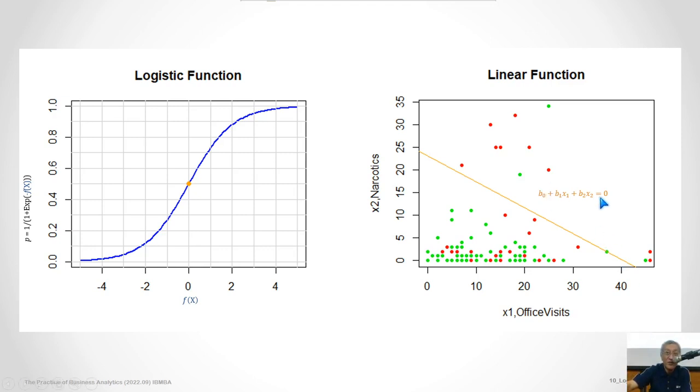Finding this coefficient is like drawing a line on the space of the predicting variable, right? And trying to separate the different types of y as distinctively as possible, right? Of course, there will be error, for example, at this point. The model cannot be 100% precise, but the algorithm will try to find a line that separates the different colors of y